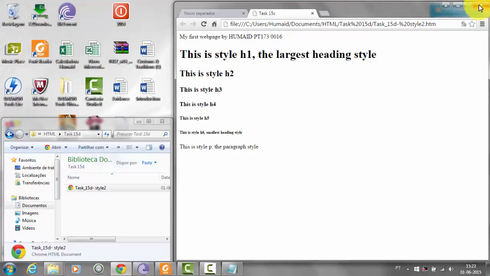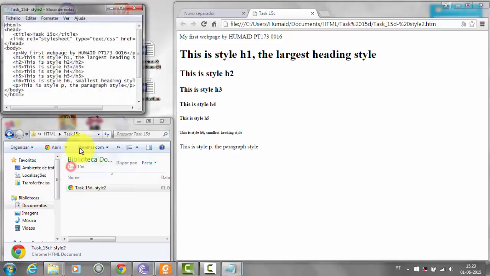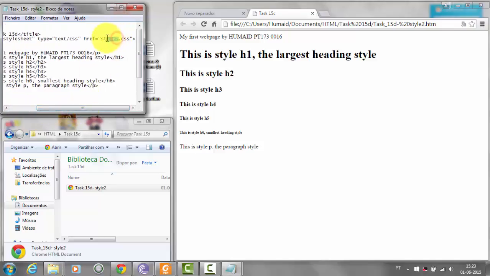And now I will edit the title of the web page so it becomes task D here. To attach the style sheet to the web page, you must edit the third line of the markup so that it becomes serif.css.